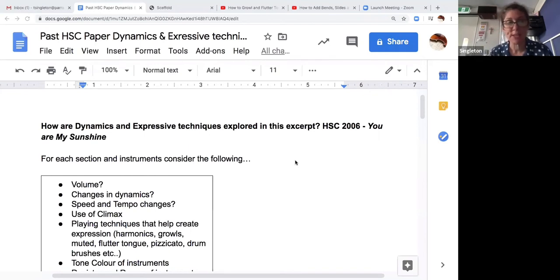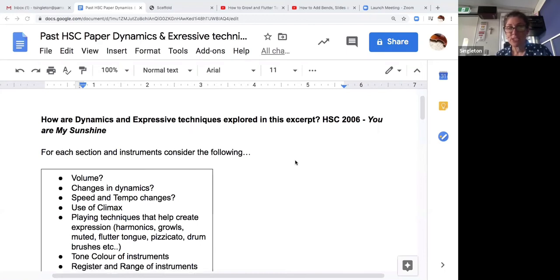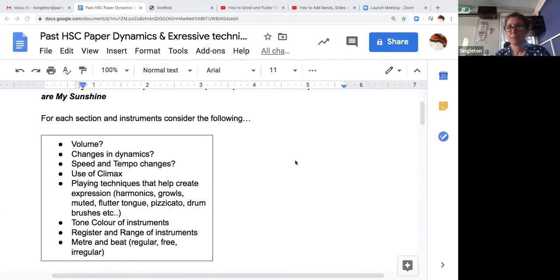Anyway, here is an example. It's a past HSC question from 2006. How are dynamics and expressive techniques explored in this excerpt? For each section and instruments, we need to consider the following: the volume, any changes in dynamics, speed and tempo